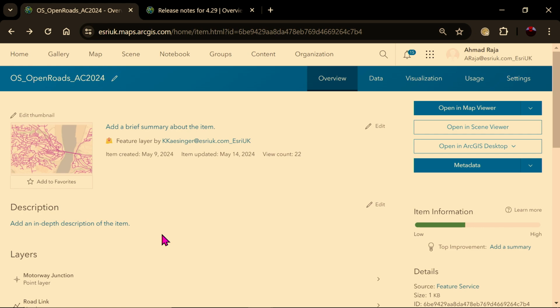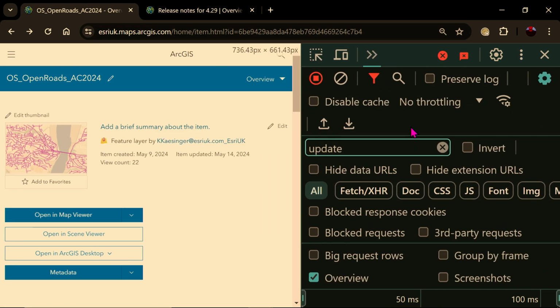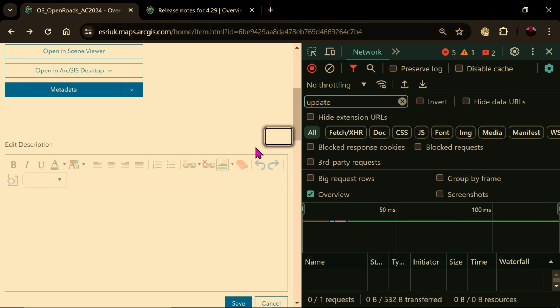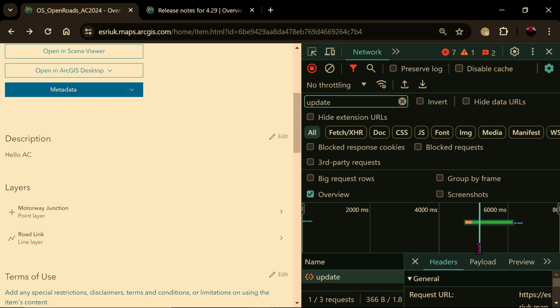Here we are in ArcGIS Online on a feature service item, and I'm going to open up the developer tools, maybe zoom out a tiny bit. There we go. I'll update the description for this item. Hello AC, hit save. And we can see here a request was being sent. If I click on this and again,